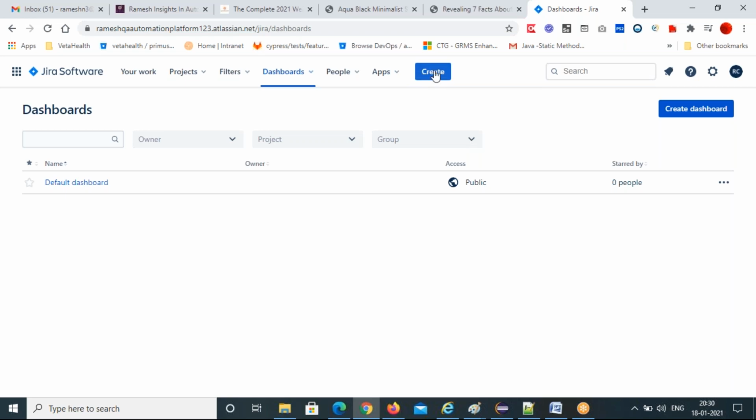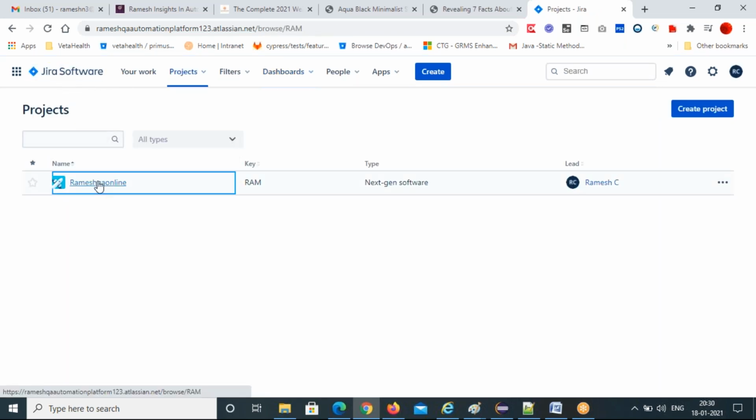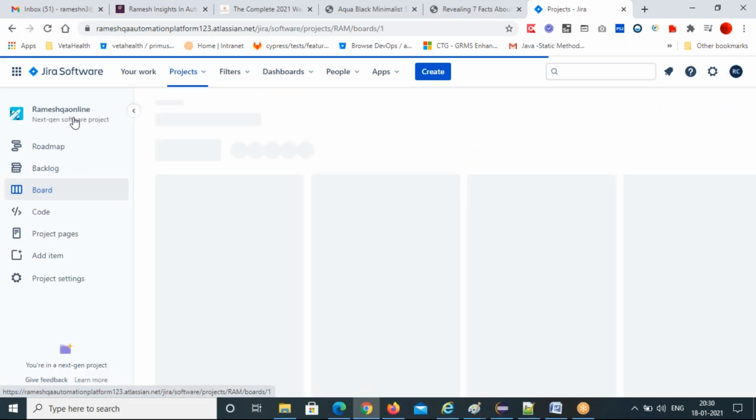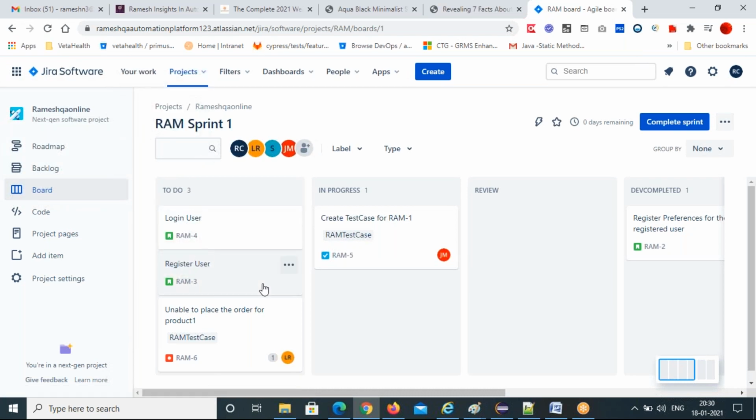If you click on the create button, a template will open. Yes, sir. Bug template will open for us. And here you get a roadmap, and I can add people.